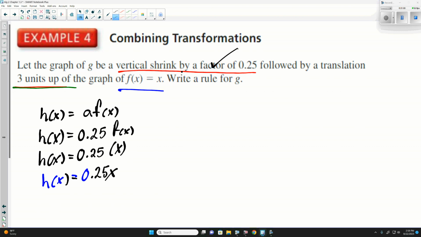Vertical shrink by a factor of 0.25, done. Well, since we're multiplying, we can't combine them. If it was addition or subtraction, yes. What if it was the absolute value of x? Then it'd be 0.25 times the absolute value of x. And that would be